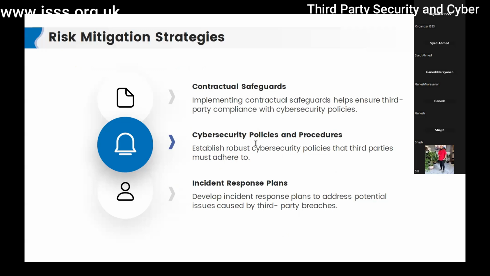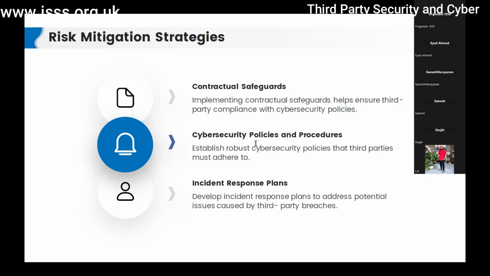So jumping on to the risk management strategies, there are many different strategies within different frameworks, but I just wanted to highlight a few key strategies for mitigating your third party risk, ensuring that the contractual clauses are mentioned, because this is one way how you can safeguard your organization and the third party organization by implementing contractual safeguards, so that the organization is complying to these